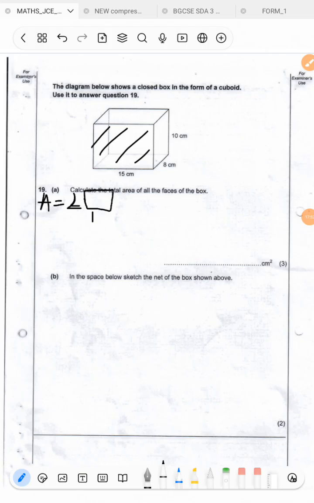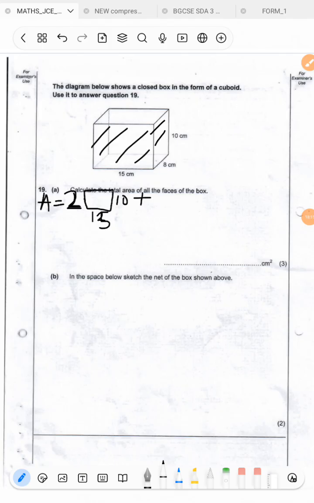The face has this unit, it has 15 this side, and then on this side it has 10. Okay, there's 2 of them. They are in pairs. Remember, those faces are in pairs. This is why I'm putting the 2 here. Plus,